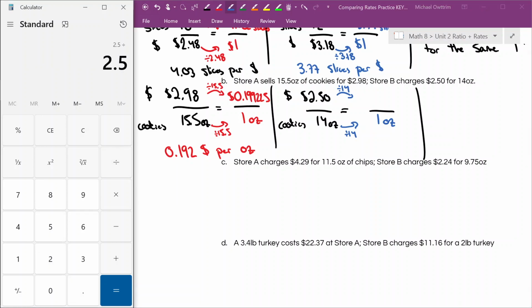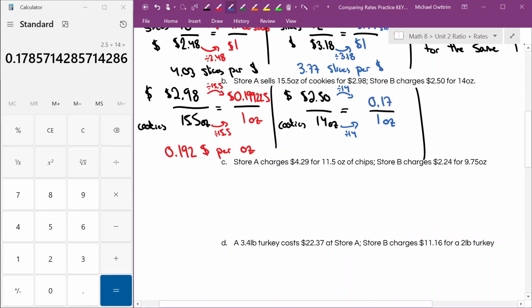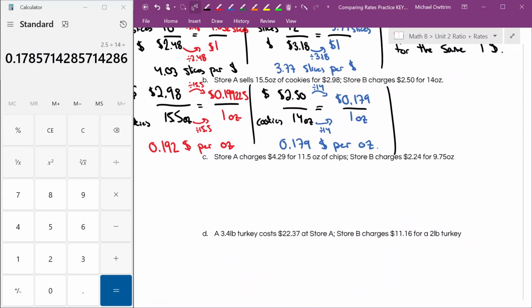And 2.5 divided by 14 gives us 0.17, let's say $0.179 per ounce. So since we use dollars per ounce this time, I want to pay less money for the same 1 ounce of cookies. And so 0.17 is less money than 0.19. So I'll say store B is better